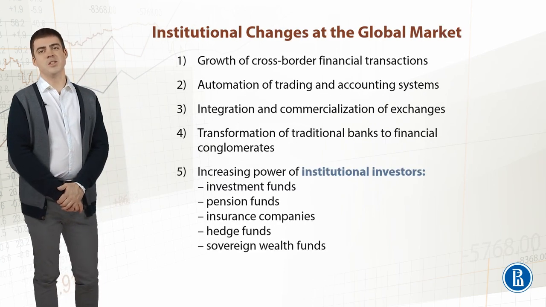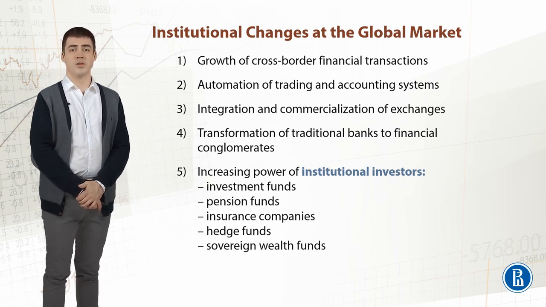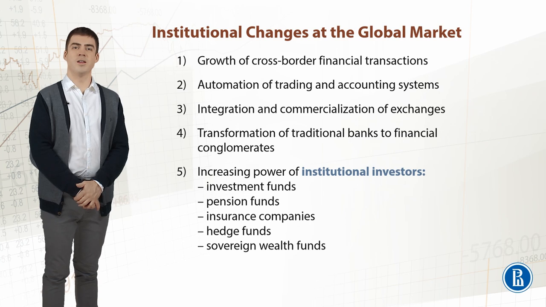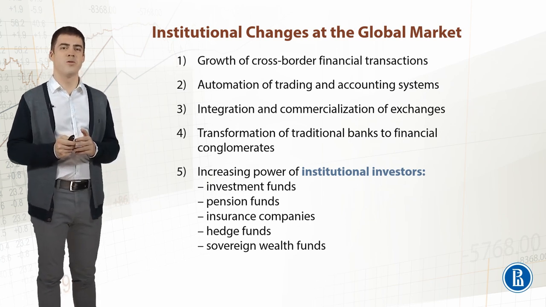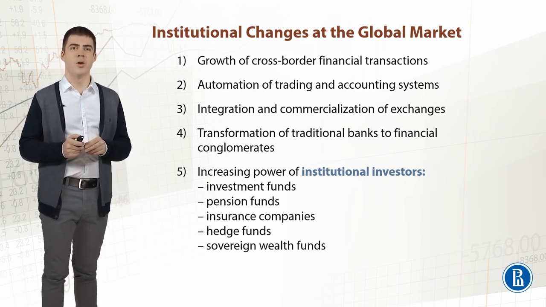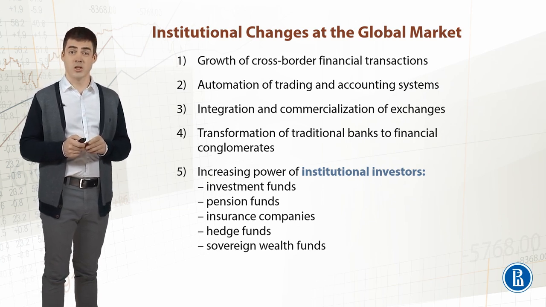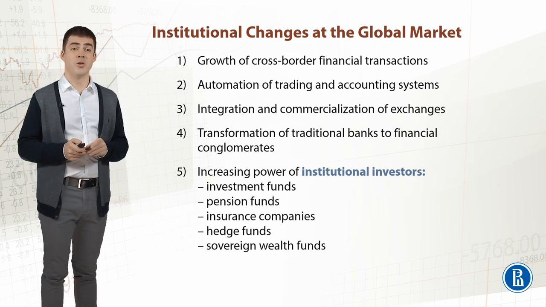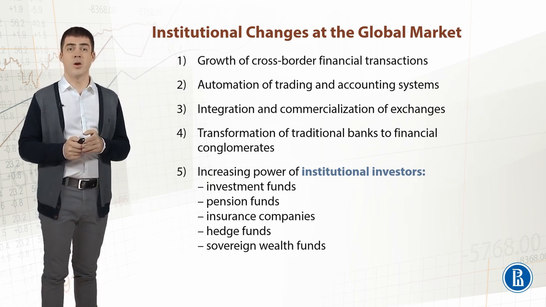Looking into institutional changes at the global markets, let's identify several important trends. The first trend, which we can see over the recent decades, is the growth of cross-border financial transactions. Indeed, the markets are becoming more open and more international, and the proportion of cross-border transactions has much increased over the recent decades, which means that the competition at the financial market is also becoming global,